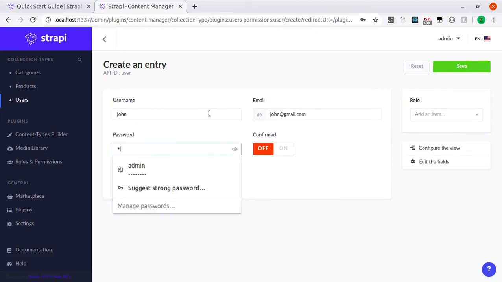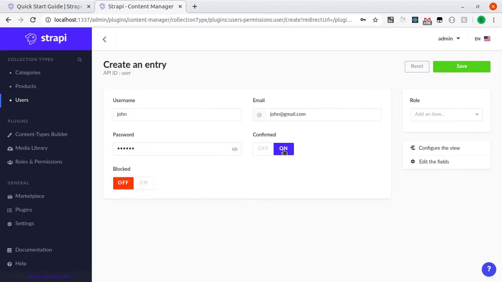Password will do 1 through 6, and we want to confirm the user because you can actually have a flag for confirmed if you want to have email confirmation or whatever there is. Also a blocked option as well, and then for role we can choose one of our 2 roles. I'm going to choose authenticated so that they can access things like create.